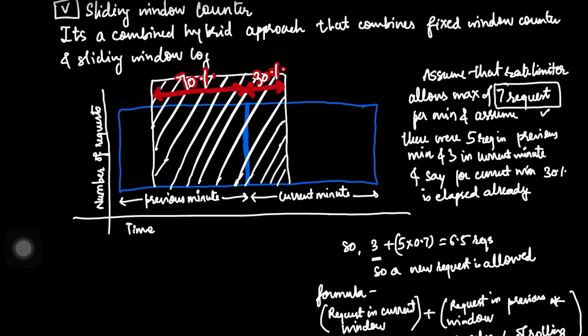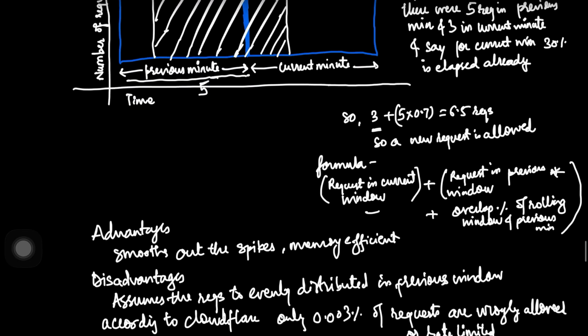So if you see over here, which is the previous minute window, this has around 5 requests till now, let's say, and we are in the current minute, and let's say 30% of this current minute has already lapsed. Then we just apply our formula which we talked about: the requests in the current window, which is 3 over here. We also have the requests in the previous window, which was 5, right? So here it is 5, and then